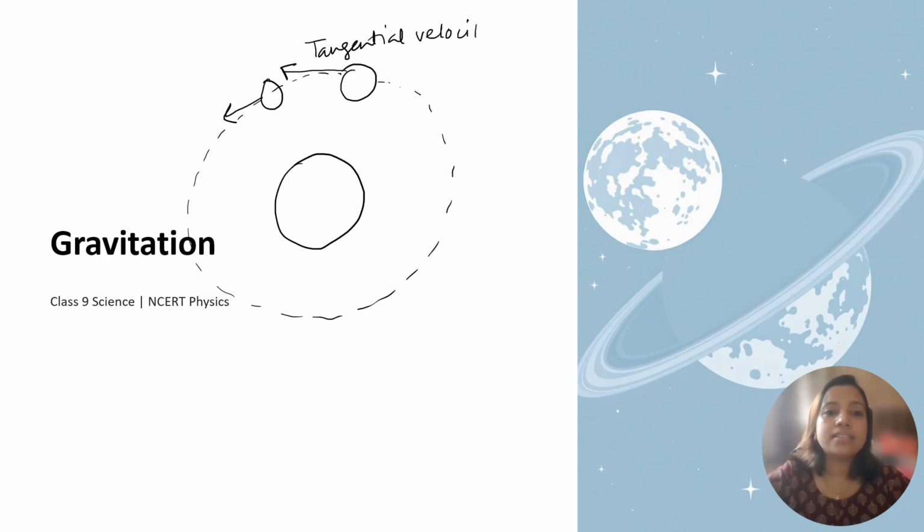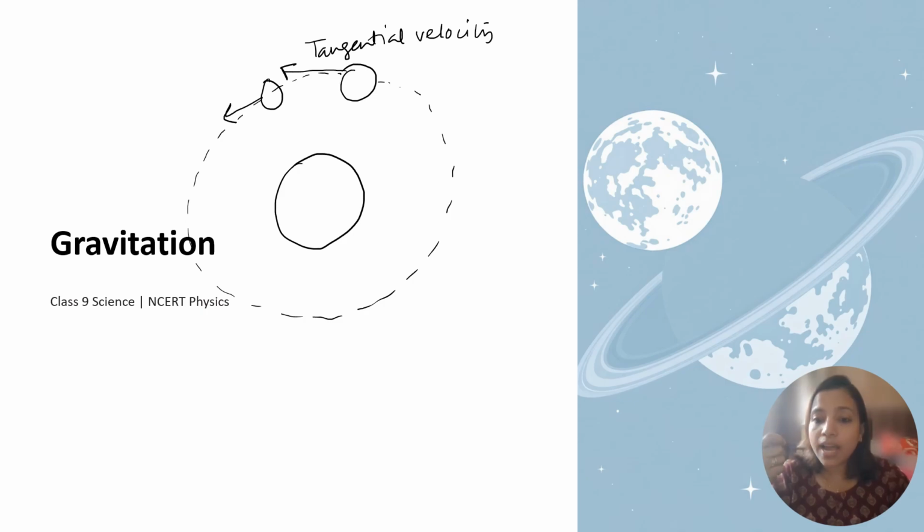We can understand this tangential velocity with a simple activity that we can do at home. Suppose you have taken a string and at one end of that string you have tied a stone, and at the other end you are holding the string and whirling it around. Whenever you whirl it around, you will see that the stone is changing its direction, the direction of velocity is changing each and every moment. And if we release that thread, you will see that the stone goes straight along the tangent.